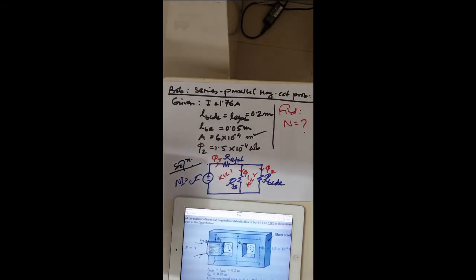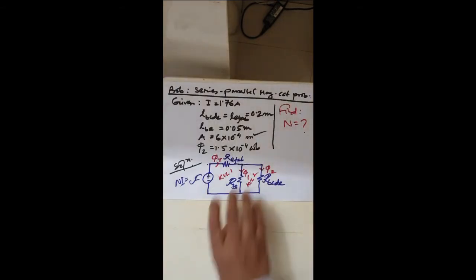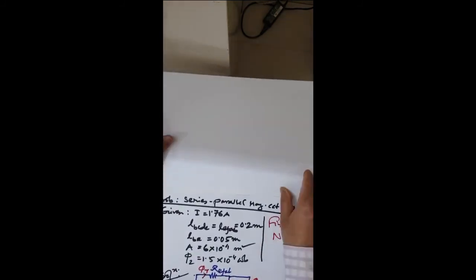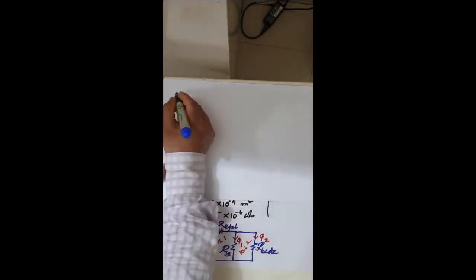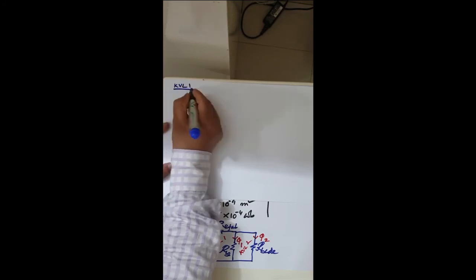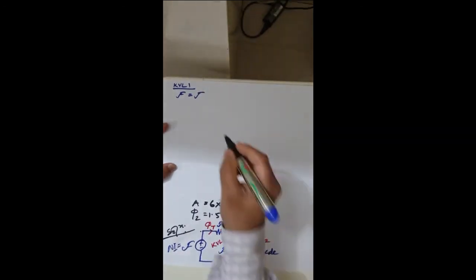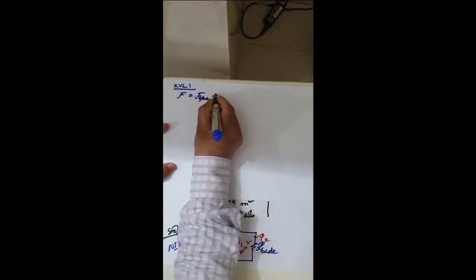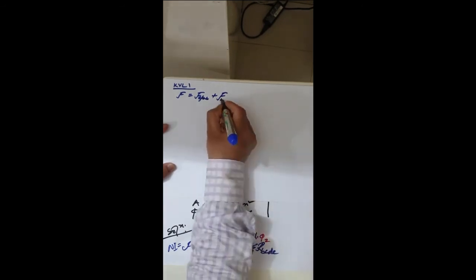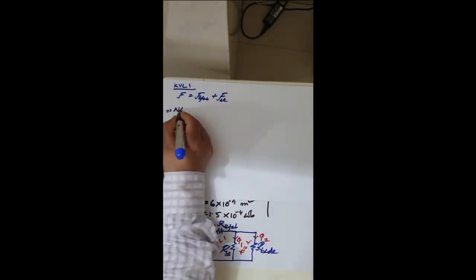If you go with this KVL 1 from here, then we can say that KVL 1 will be coming from here as F equal to KVL 1 gives you F equal to F_EFAB plus F_BE, which gives you the NI equal to